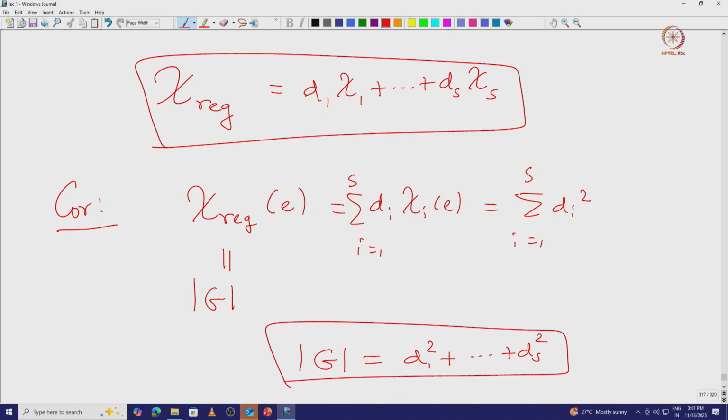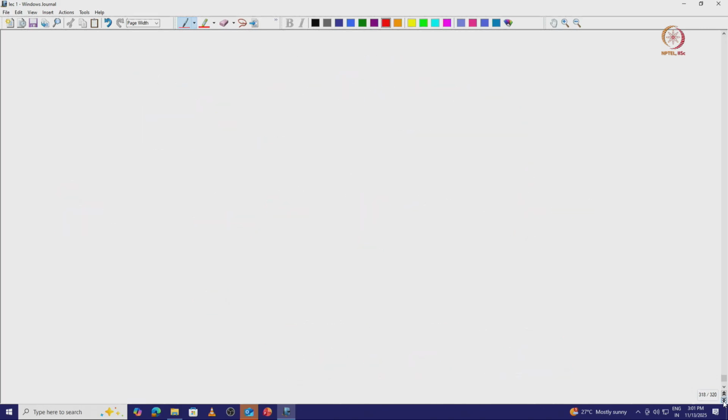But we already know that the sum of this d_i square is at most the cardinality of G, but from this corollary we immediately get that this is exactly equal to the cardinality of G. And as another corollary, we get that the following normalized matrix coefficients form an orthonormal basis of this CG. So, the set